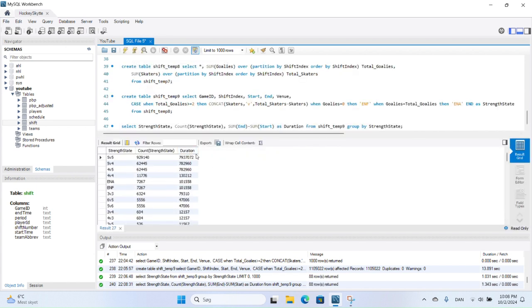Okay, so we can sort it by the duration. So you see here that by far the most ice time is being played 5-on-5. So this is a good thing. This is what we would expect. Then you have a lot of 5-on-4, and you have some 4-on-4, some empty net situations. You have some 3-on-3. To me, it's a little bit surprising that there are more 4-on-4 hockey than 3-on-3 hockey,